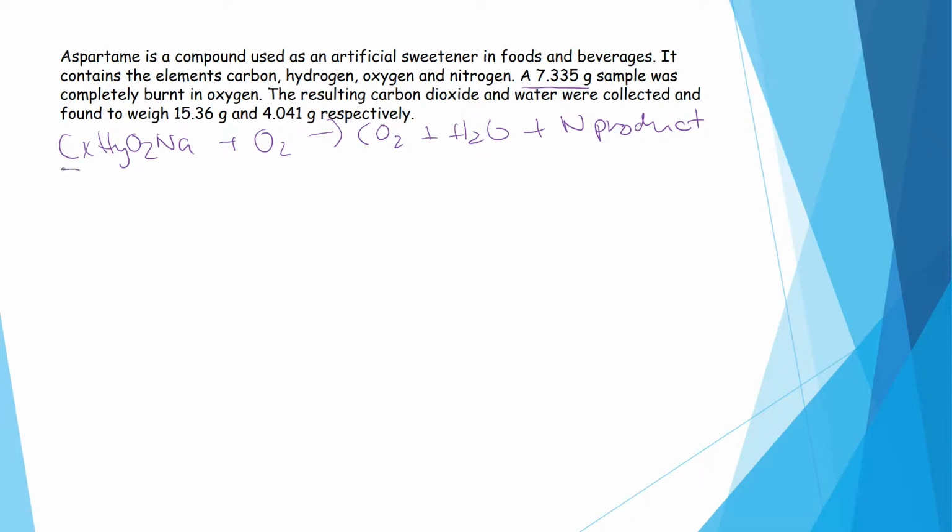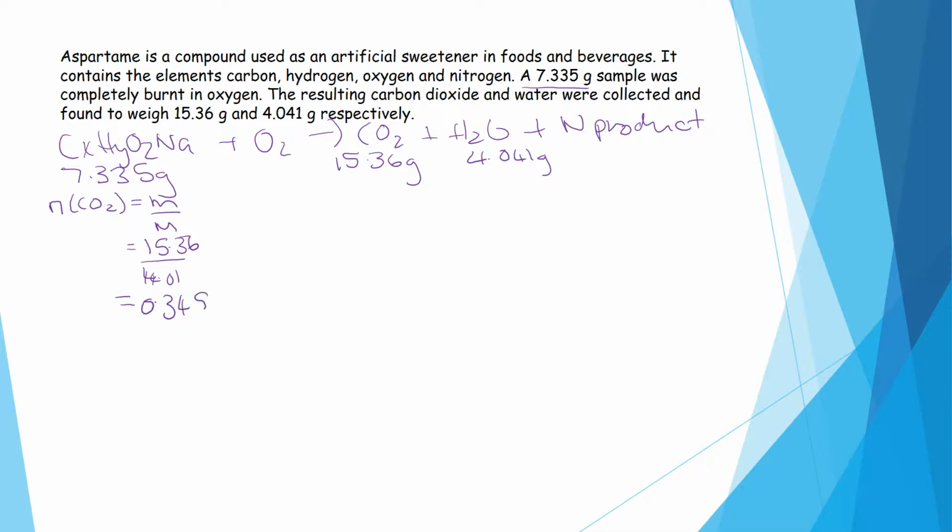So we had a 7.335 gram sample, and it gave us 15.36 grams and 4.041 grams. So we're now going to find the number of moles of carbon dioxide. So the number of moles of carbon dioxide is equal to mass over formula mass, which is 15.36 divided by 44.01, and this will come out to 0.3490 moles. Now this will give the same number of moles of carbon,